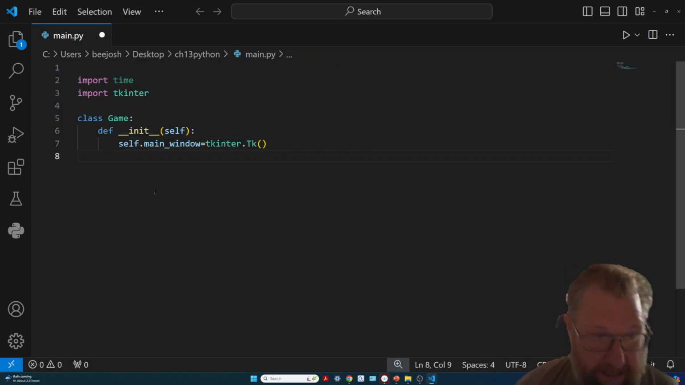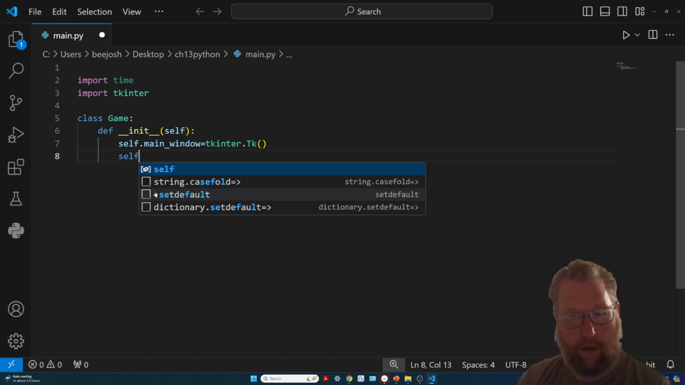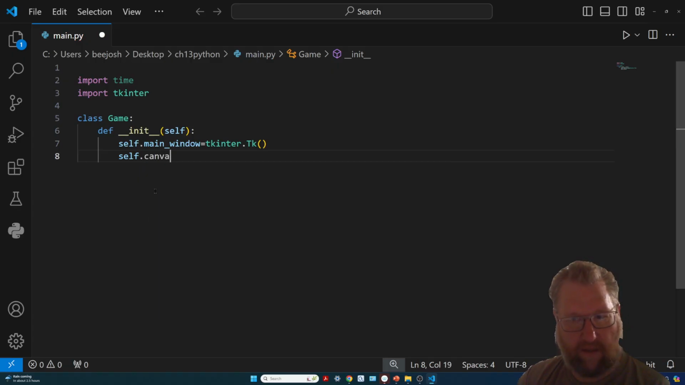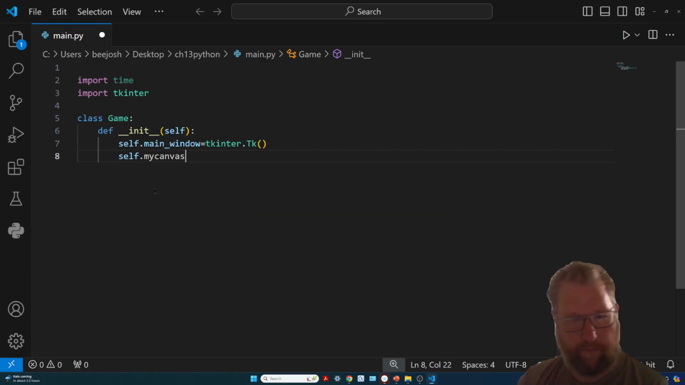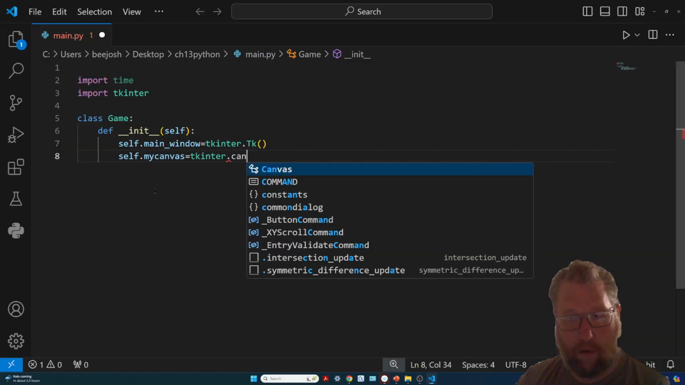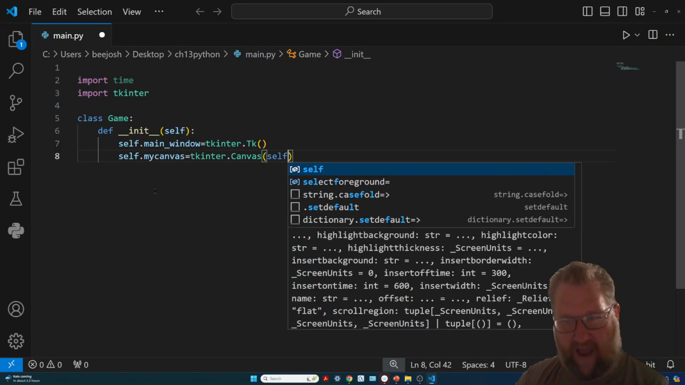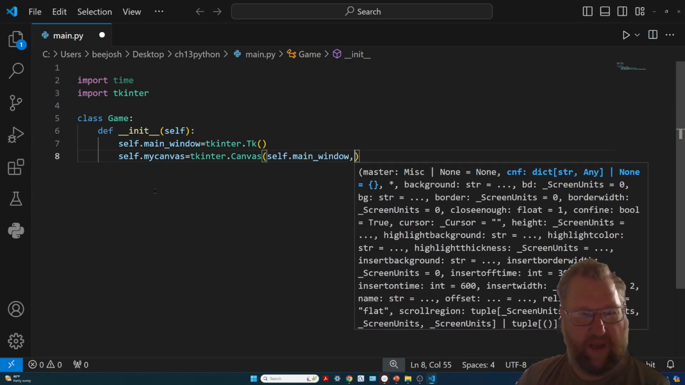Now we want to instantiate the canvas for our main window. And you know what? Let's just be a rogue and call it my canvas. Okay, so when we create a canvas, we got to tie it to the main window. And then we have to declare